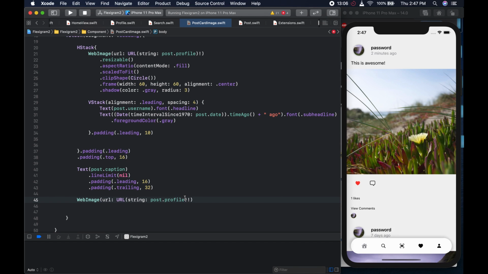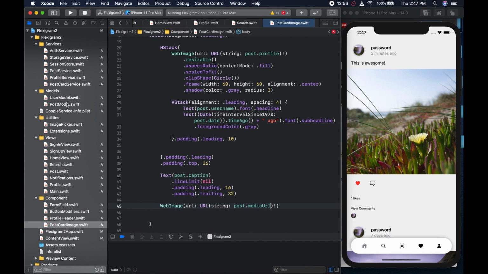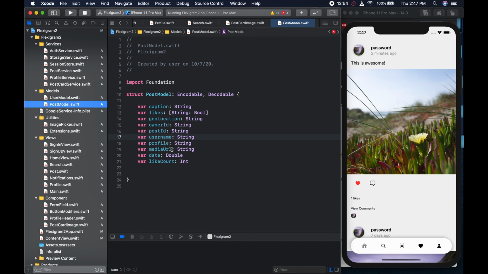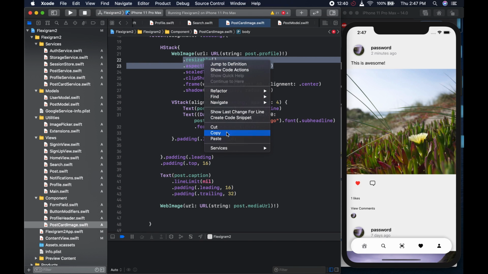And the image is going to be in the media URL, right? If you can check your post model, where's the post model? Here's the post model. So it's going to be in the media URL. That's where we're going to get our image. So we come back here and it's in the post media URL, and we're going to copy these two lines, right? So let's copy them. It's going to be resizable,